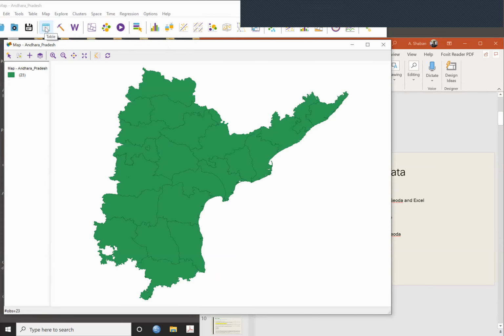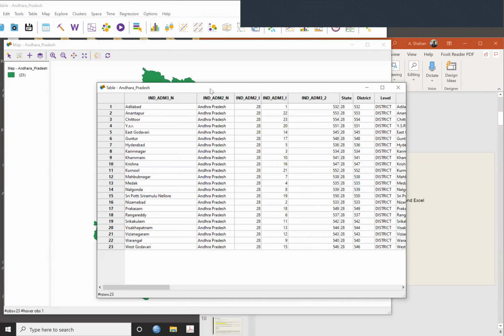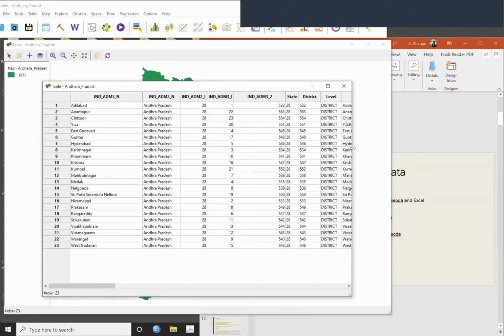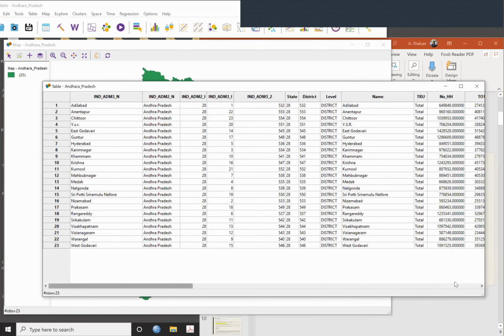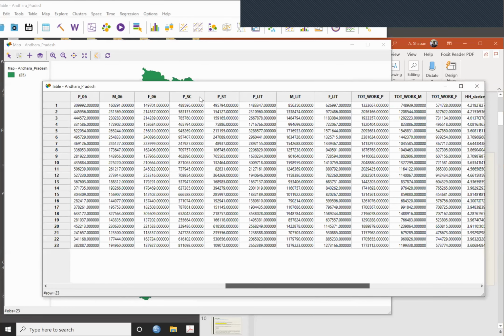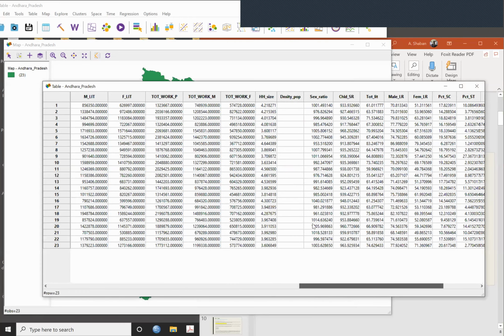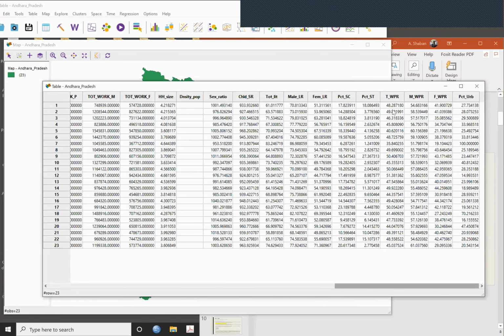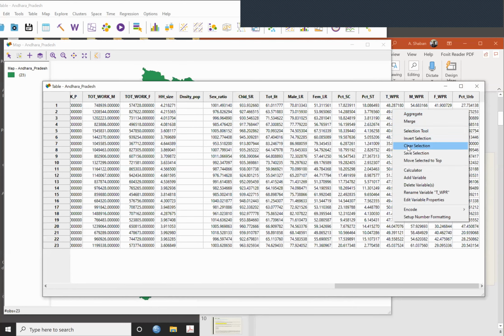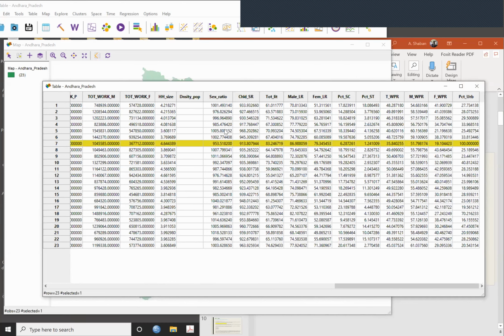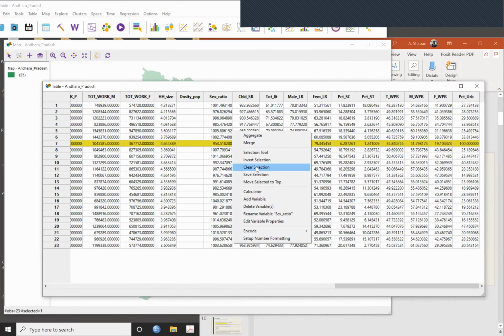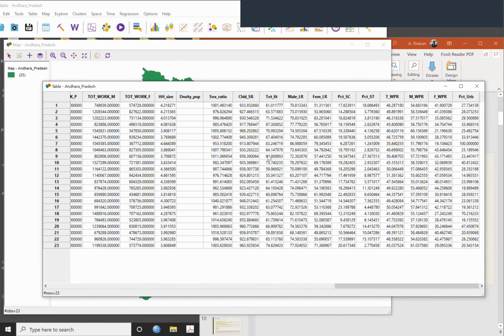So what you can do, if you press this table, for example, a kind of thing comes here where all these cells are open, and you right click here. If you right click here, you have selection tool, invert selection, clear selection. Selection means that you can press on anything and it is selected. So if I say clear selections, the selection goes out.